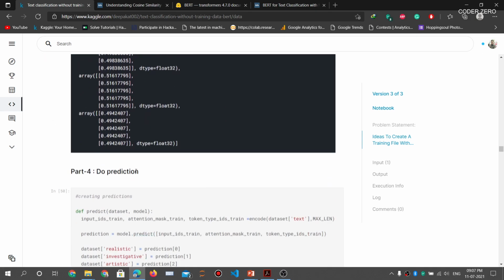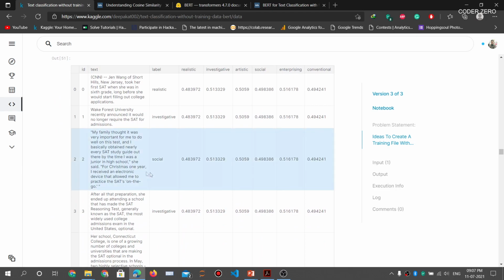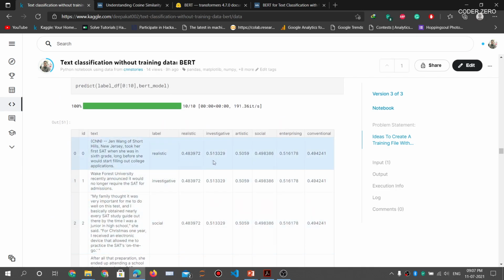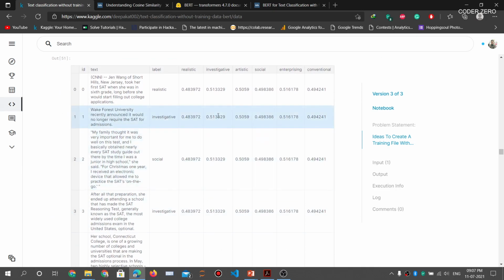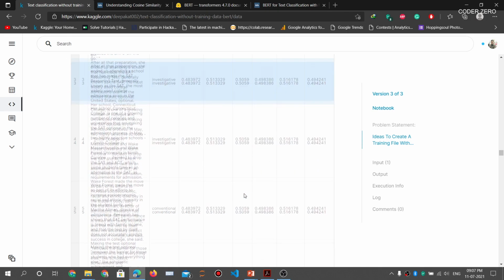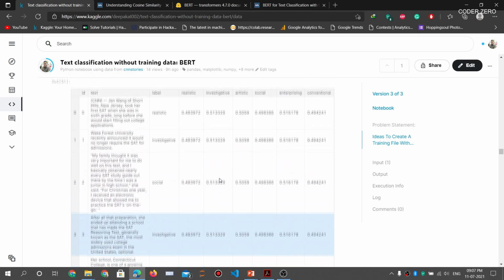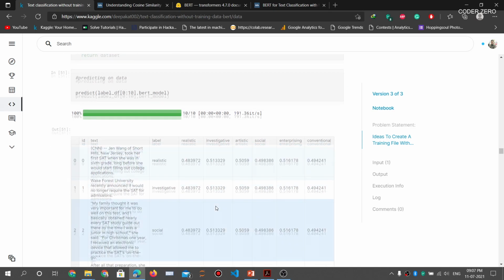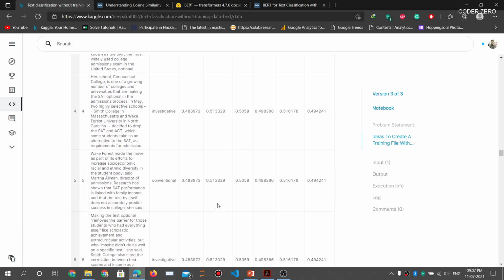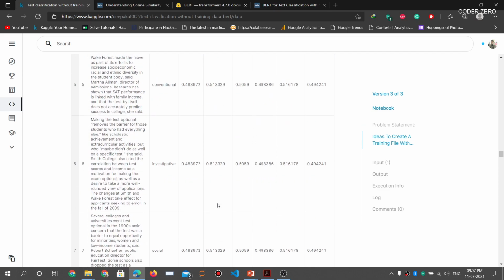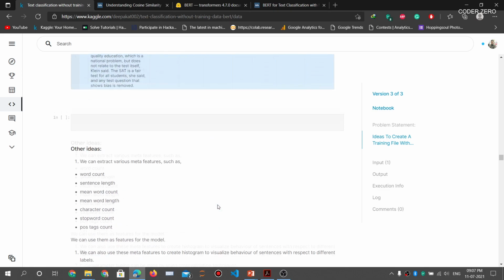So guys, another thing I must say is that our model is giving the same values for each and every sentence, you can see. I don't know why, I am still trying to figure that out. And if you find the solution for this also, please mention it in the comment section. I'm still trying to find out, and if I find the solution, I'll also share. But for now, this is our model, and this is our approach to build a text classifier without training data.